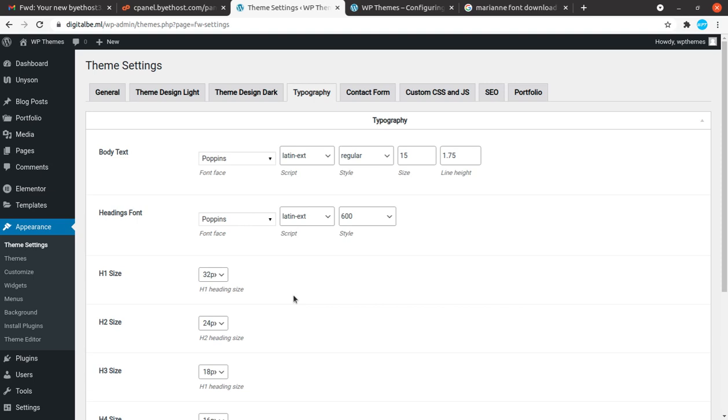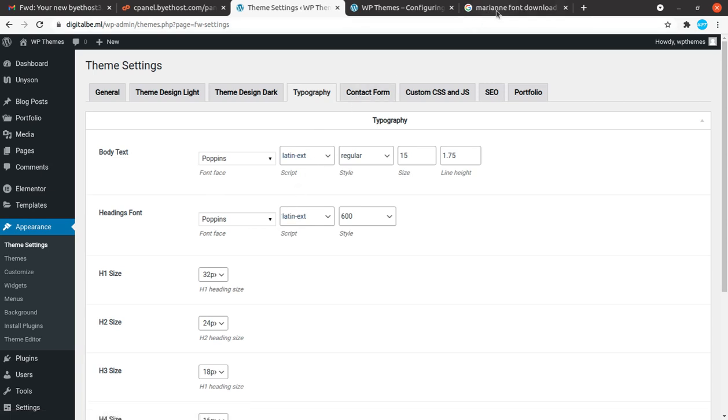So adding a new font is always challenging if you are going to do this through the code, and you are going to add the font in the theme configuration itself. It is a very difficult task, and it needs certain programming skills, and multi-layer testing is also required. But I'm going to tell you a simple method through which you can actually change the font of theme very easily. So let us see how it happens.